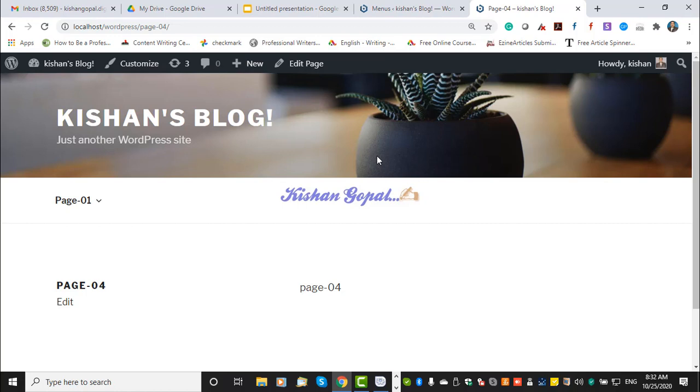Suppose you are creating a sports related blog. On the main page you can have pages like your home page, indoor sports and outdoor sports. You can create all the content about outdoor sports as blog posts, and you can add all those pages as sub items to outdoor sports.